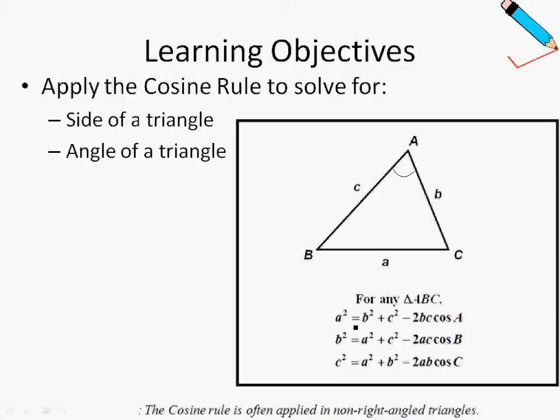So take note that over here, whatever you see on the left hand side of the equation, let's say a over here, will correspond to the angle that you see on the right hand side of the equation. So if we start with side a, then over here it will be cosine of angle A. So side b, then it will be cosine of angle B, and so on and so forth, for c as well. Okay, so I know it might sound a little abstract at the moment, but we'll look at some